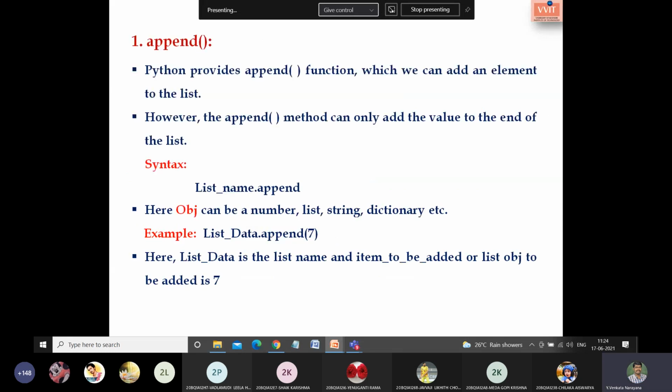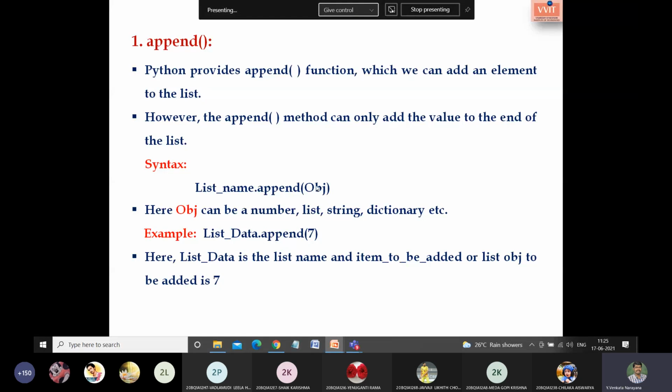The next function we have is append, which is used to append an element at the end of the list. This has already been seen in the previous classes. Yes or no? Yes, sir. The syntax is we have to specify the list name dot append.